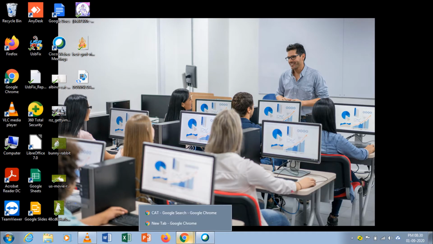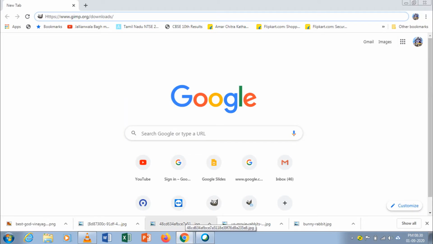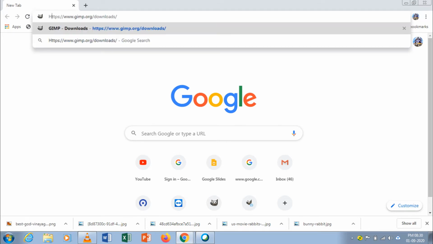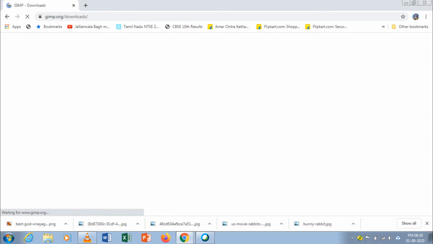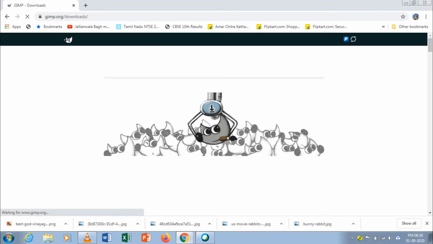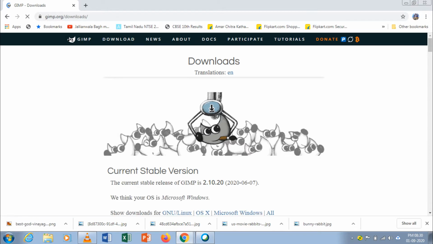To download the GIMP software, where you have to go, children? You have to go to internet, then you have to type the link which I gave in the previous slide, that is https://www.gimp.org/downloads/. If you press enter, you will get one screen like this.